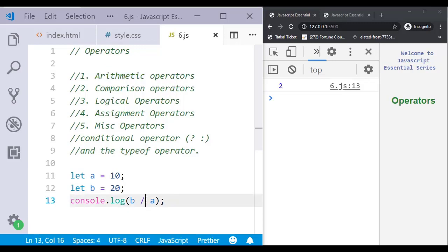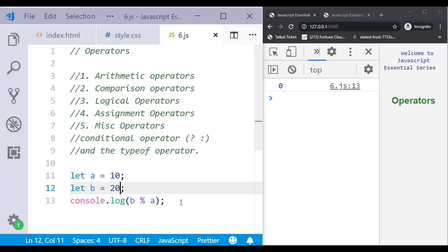Another thing is the modulus operator, that is the remainder operator. What will this remainder operator do? 10 divided by 20, and whatever the remainder is will come here. As of now 10 is a full multiple of 20, so it should come 0. If I save this, I get 0.